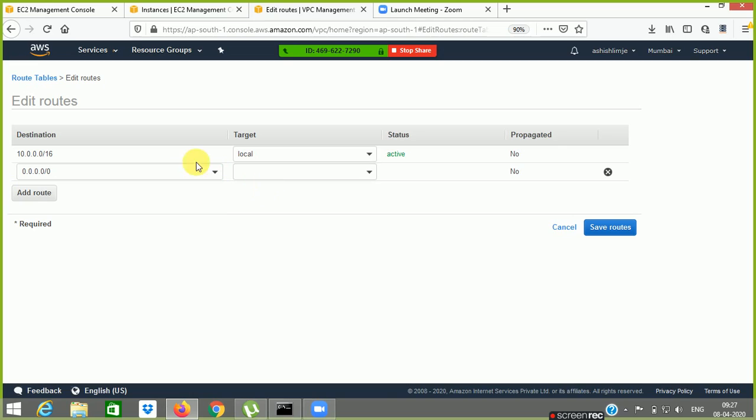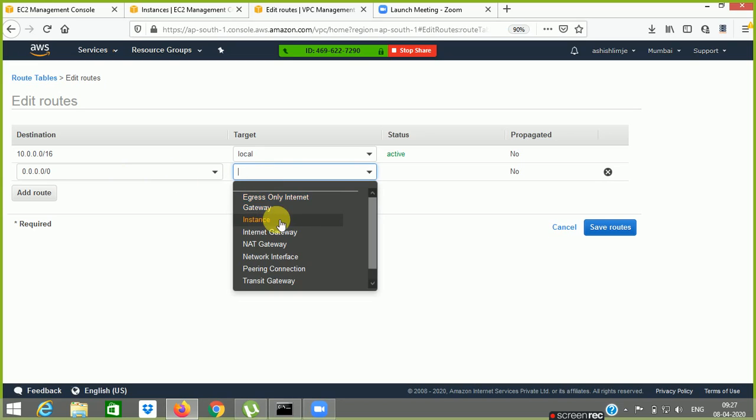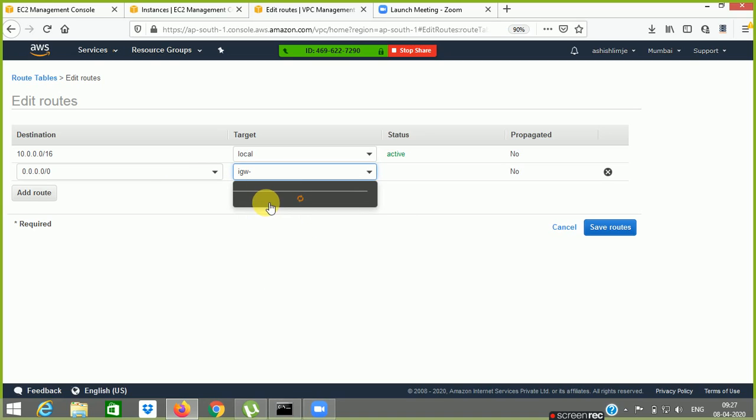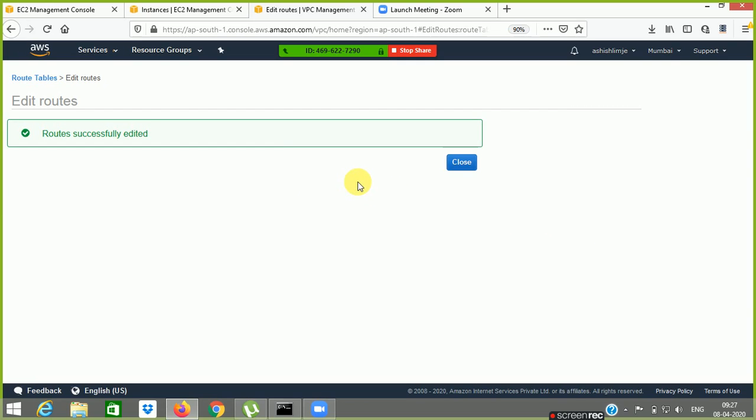If I want to go to a specific public internet address, I still have to provide the route. But obviously, if the public internet has any network which is coming in, we can select 0.0.0.0/0. Now here you can see there is an internet gateway that we need to select, and this is the cloud internet gateway that we have created. We are giving a route so that whenever there is traffic dependent on this main route table of the VPC, it should point to the gateway, and now the gateway is responsible for everything.